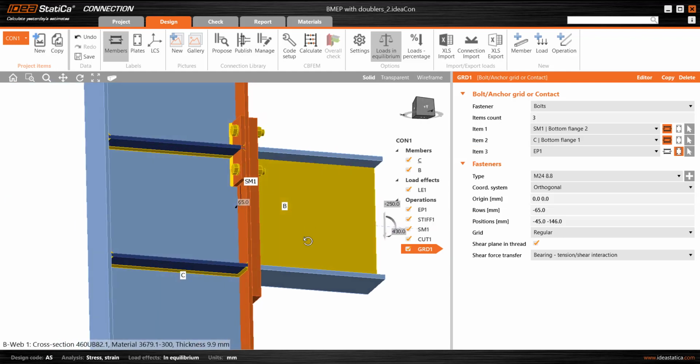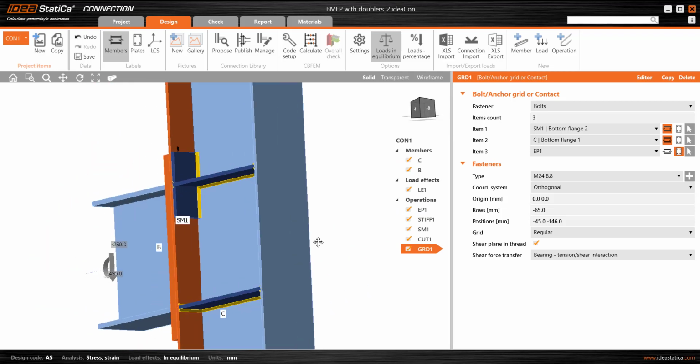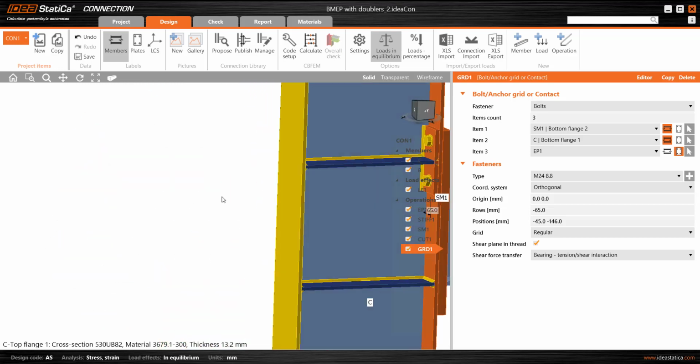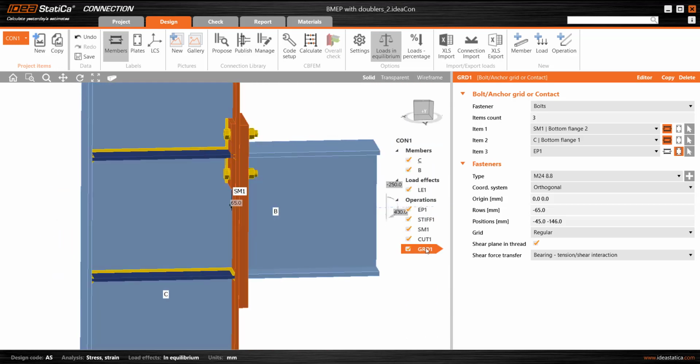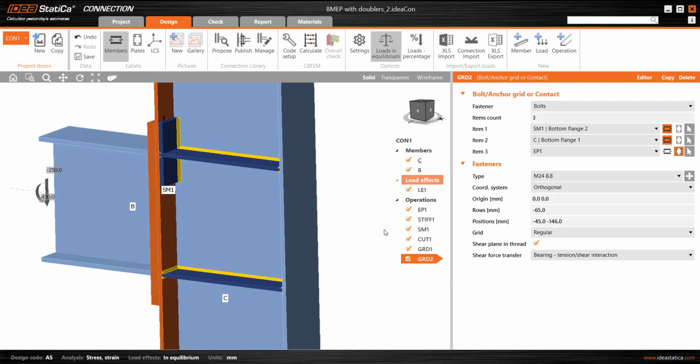So we see when we have selected the bolt grid operation, all three items in orange, that we have the confirmation that we've got the bolts going through the correct plates. Let's proceed to copy that to the other side. So the easy way, once we've set one item up, is to select copy, and then with the new item we make the adjustments. And so hovering over this SM1 bottom flange 1